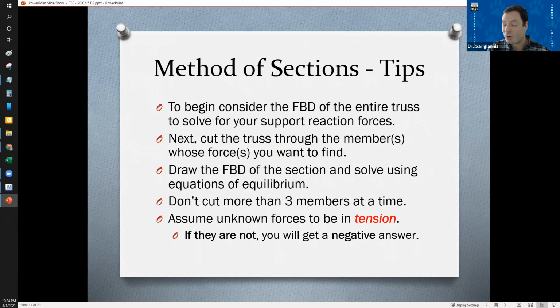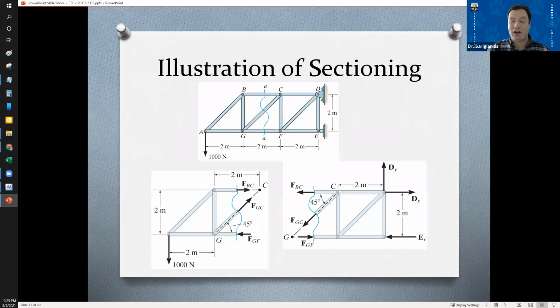One section might give you more, or may give you an answer quicker than another. Good rules of thumb here. Don't cut more than 3 members at a time. And just like we did with method of joints, assume all the forces are in tension, right? And again, if they're not in tension, you'll just get a negative answer and you can repair that on the fly. So let's see,